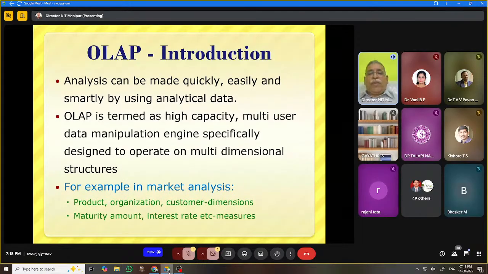If you take banking into account, or sales, if you take product and customer dimensions into account. What I want to say here is that measures are important. Measures are derived from the combination of dimensions. So the customer, product, and organization, bank, or whatever dimensions you take, under the combinations, measures are computed. Without these measures, you cannot do any analysis.